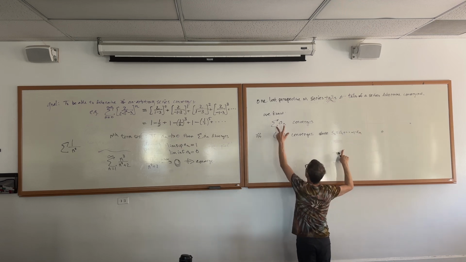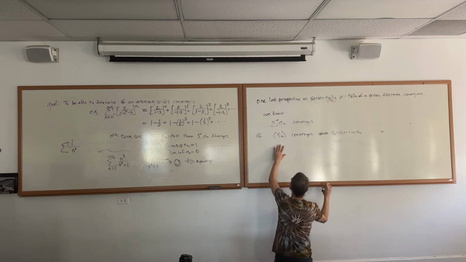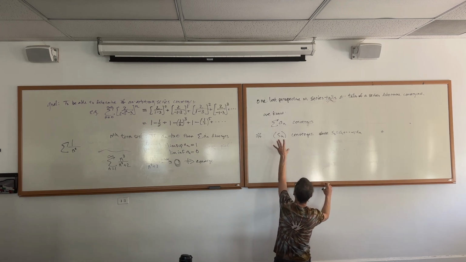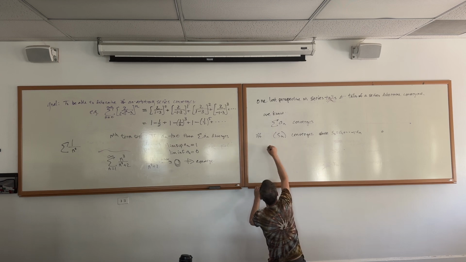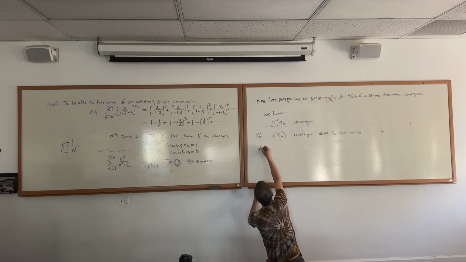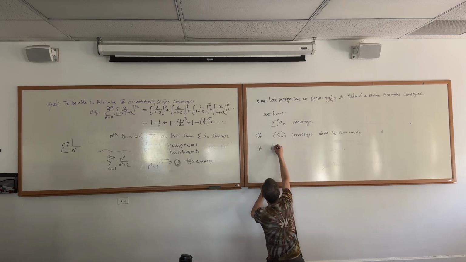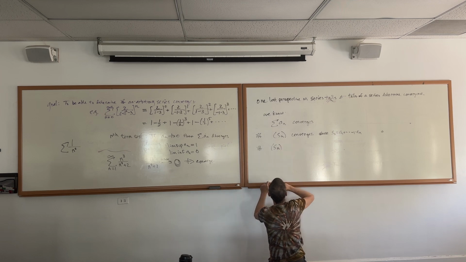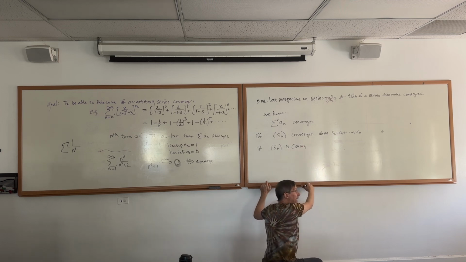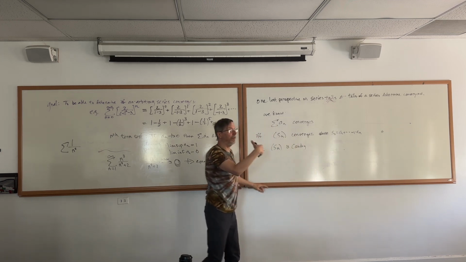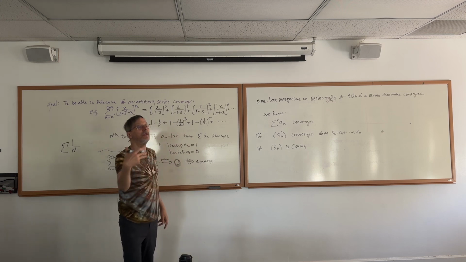So this converges if and only if this converges. That's literally the definition of that thing on top converging. This is a sequence of numbers. So it converges if and only if that sequence of numbers is Cauchy. Now we're making a big leap. Remember that every Cauchy sequence converges, and every convergent sequence is Cauchy